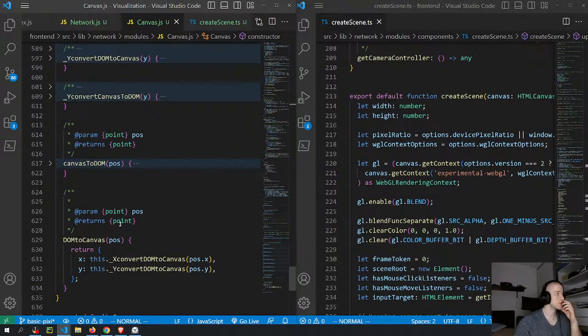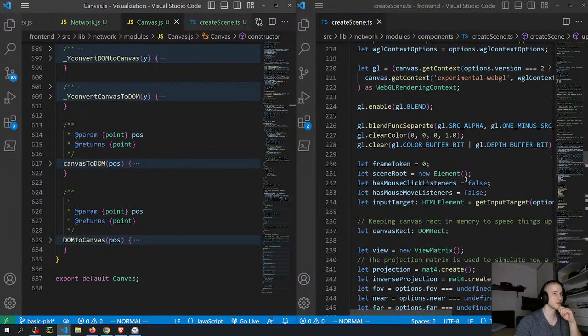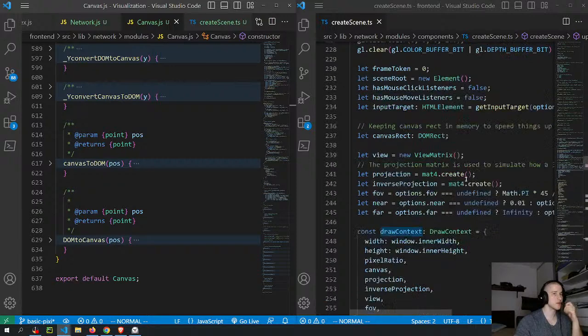The thing is, I don't know what is the equivalent here, if the way that I'm thinking about it makes sense or not. Because here there are functions as well that get the coordinates from the DOM and the canvas, but